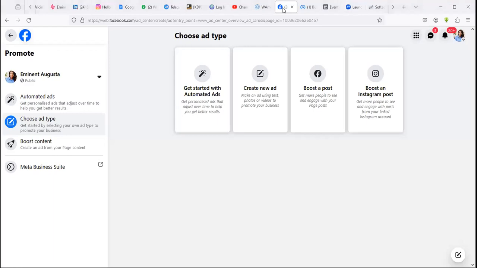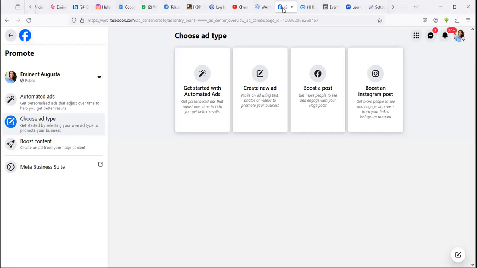Now, have you noticed, maybe you may not know, but every time you're running a paid advert, you are running adverts to a cold audience. And each time you're running adverts, people visit your page, they visit your website, they interact with your Instagram page, your Facebook page, and your website. Now, do you know that with the help of a pixel, the data of these people can be collected so that you can do what we call a retargeting ad to them, so that you are not leaving money on the table,